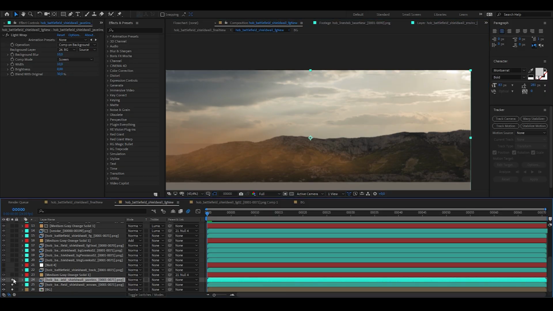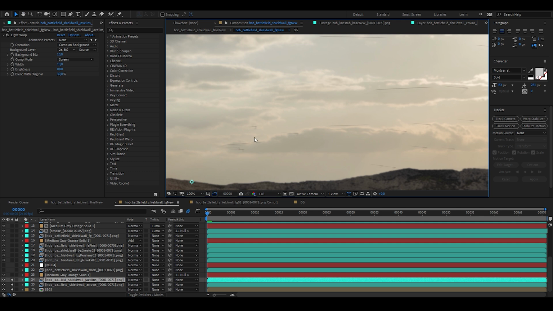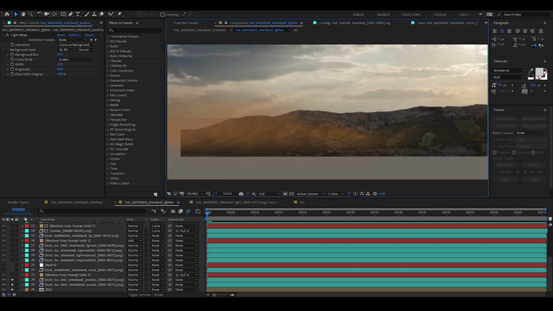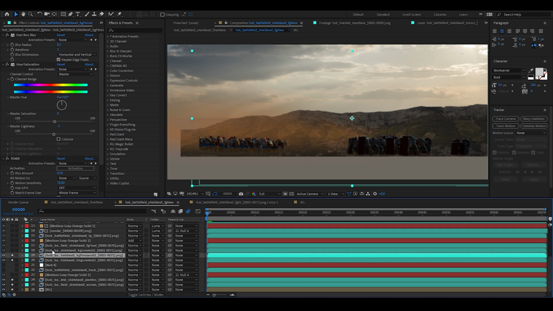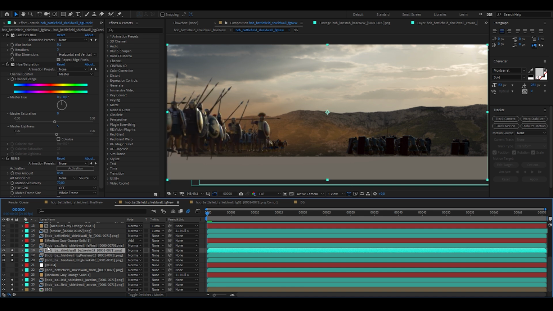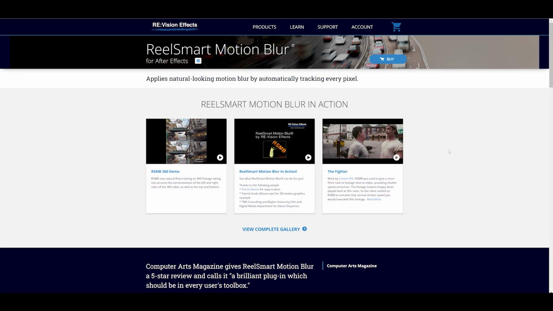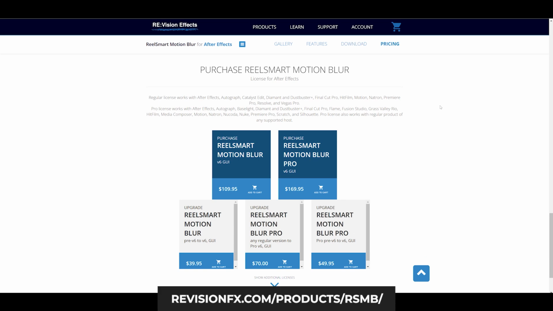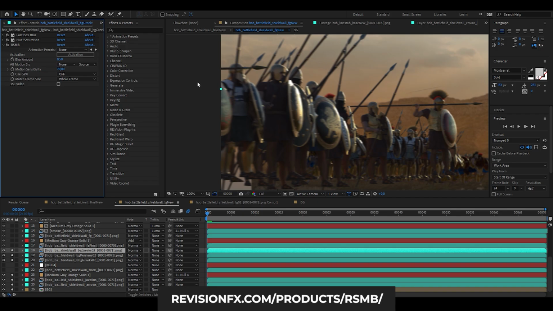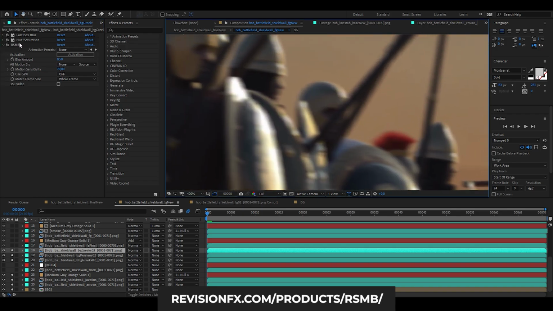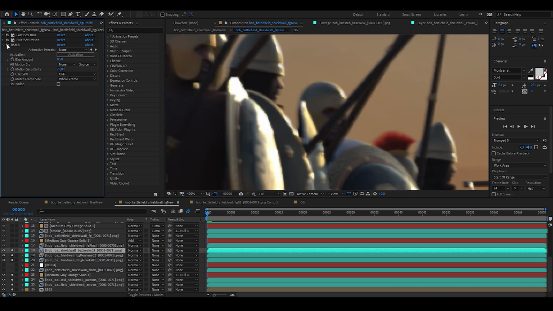I then continued adding the main layers, so the arrows, the javelins, and then there are the background Greeks and the midground fighters. On all of these layers, I use this very handy Real Smart Motion Blur add-on, which is an amazing tool I would recommend to everybody who likes compositing in After Effects. It basically generates a very accurate motion blur effect, and it does so in an eye blink, much faster than the default effect in After Effects.